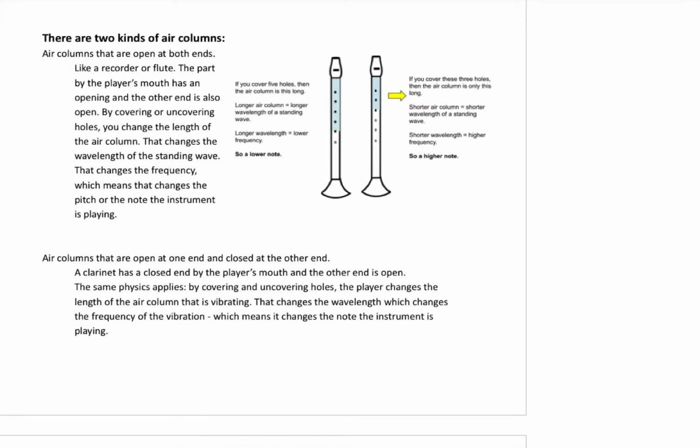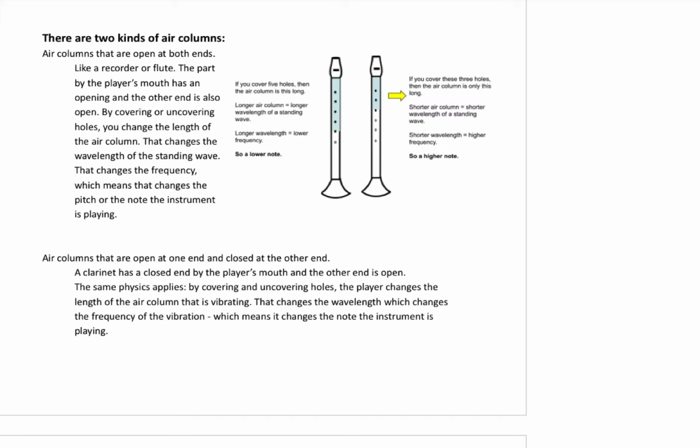Here we go. We're finally going to start talking about air columns. We've done a little refresher to remind you about the connection between frequency and wavelength. Low frequency means low note, which means a long wavelength. High frequency means high note, which means a short wavelength. And then this idea that speed of sound depends on temperature. So if we need to figure out the speed of sound, we would need to know the temperature. Okay,